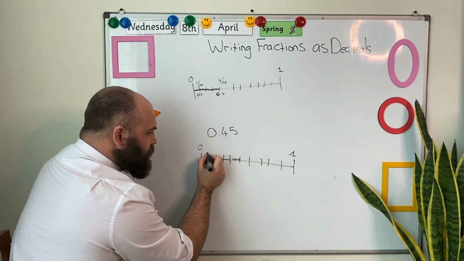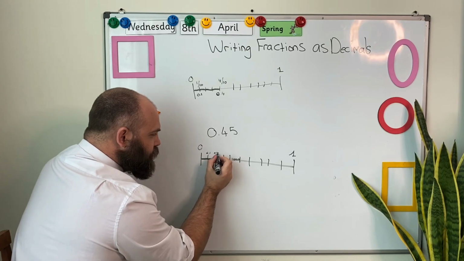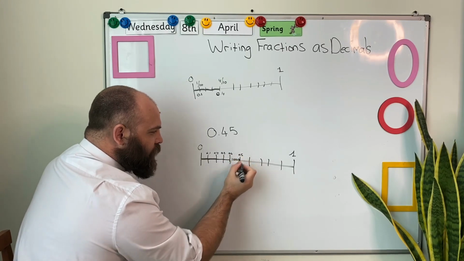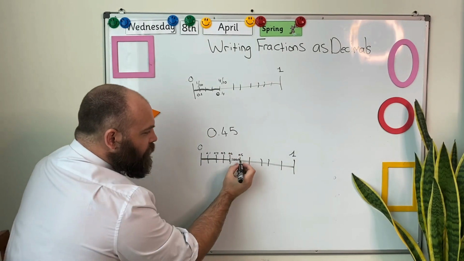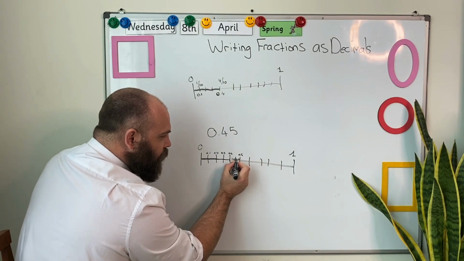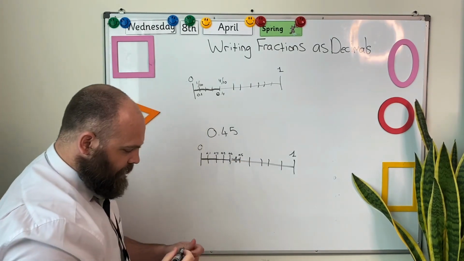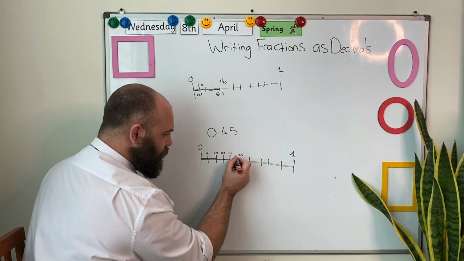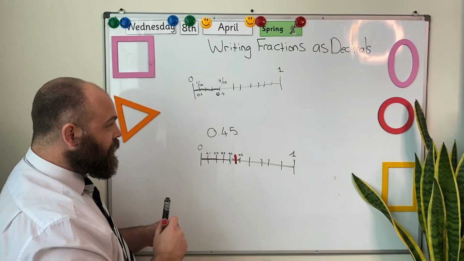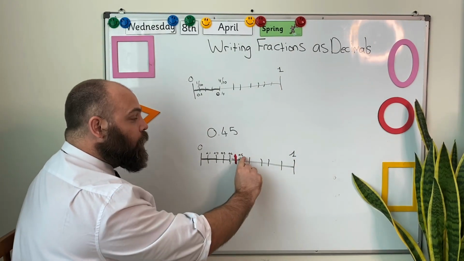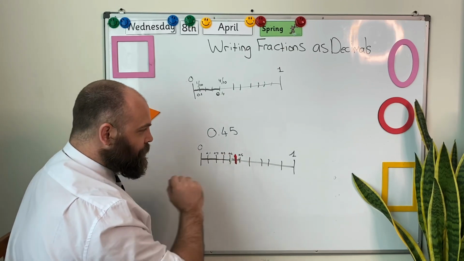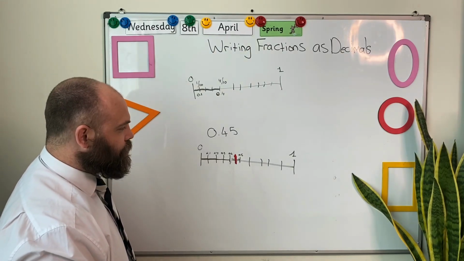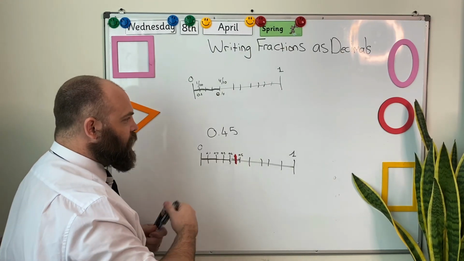So if I have 0.1, 0.2, 0.3, 0.4, and 0.5 over here, 0.45 would be halfway between 0.4 and 0.5. I can mark that off just over there. Mark it off in red. Now, 0.45 is smaller than 0.5. Okay? We have not yet got to 0.5. Okay? If this example was